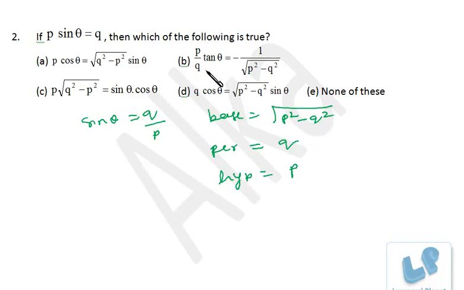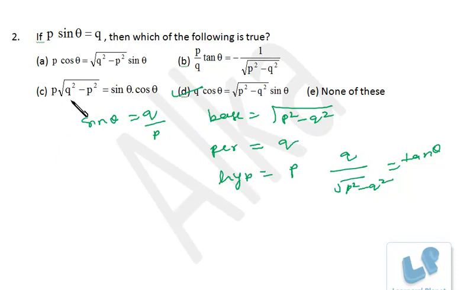So here if we see p by q, tan theta is this, so that's also incorrect. So here you can see sine theta by cos theta, that is tan theta, is equal to q upon root of p square minus q square, right? So q upon, that is perpendicular by base, so q upon root of p square minus q square, that's tan theta. So that's coming over here, right? If you take cos theta over here, this will go over here. So tan theta is q upon root of p square minus q square. So easily you can say. Okay, I hope you are clear.